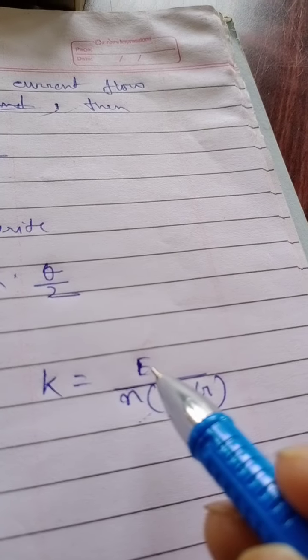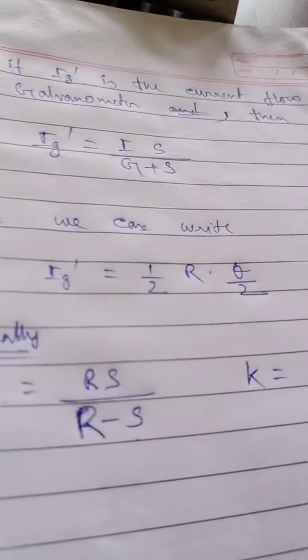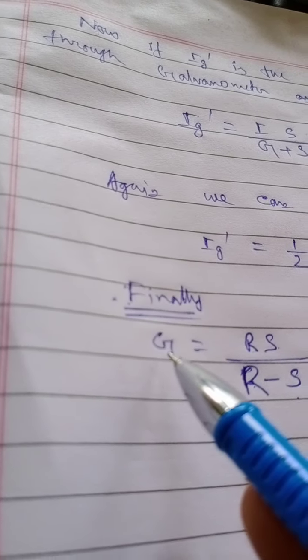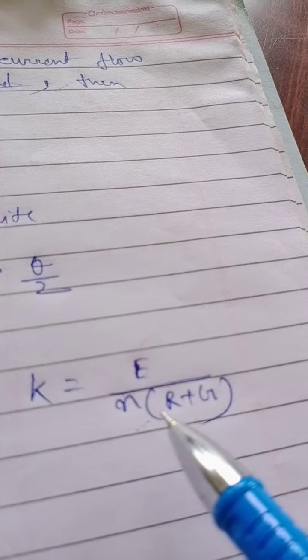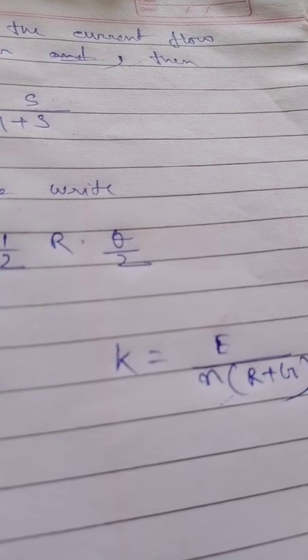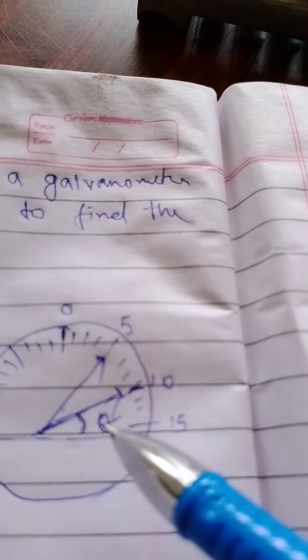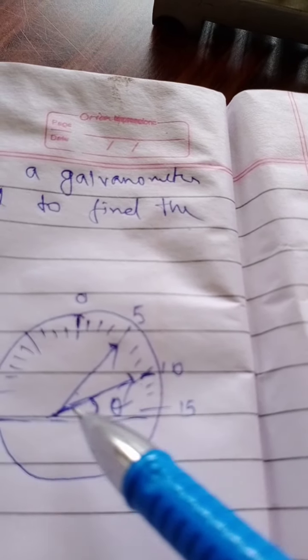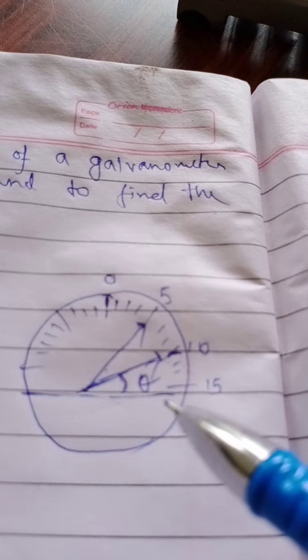Okay, so you know the supplied voltage E from the battery eliminator, and R and G. From this you can calculate G; you have to put the values of G and R from the experiment. You applied the R here, the high resistance box. So if you put the values of E, N, R and G, then the figure of merit K will be calculated. Actually, figure of merit means the deflection, here theta is the deflection of the galvanometer pointer, deflection per unit current, that is known as the figure of merit.